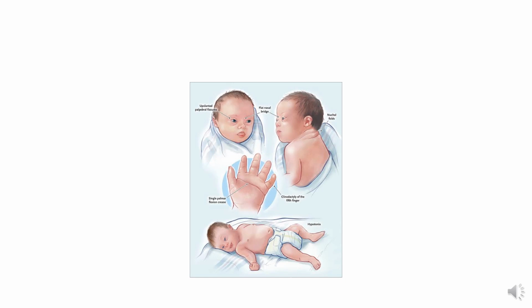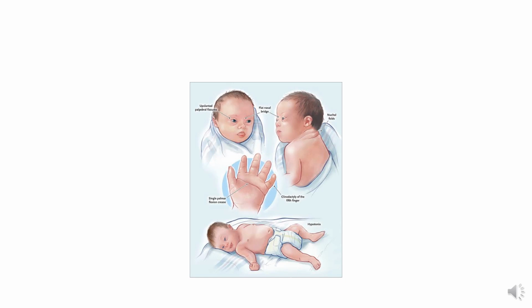This has been shown that upward slanting eyes. These are the eyes which are upward slanting. Palpebral fissure. This is the simian crease. That is the flat crease present on the hand. Single palmar flexion crease, not the 2-3 creases like in normal hand. Then the knuckle folds. Knuckle fold is posteriorly in the neck.